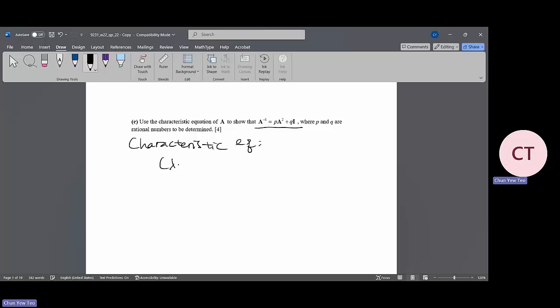Your lambda 1 is negative 1. Your lambda 2 is negative 4. Your lambda 3 is 5. Multiply all together, you get 0. So expand them. If you expand them carefully, so over here, I just directly expand for you. Then you get this. So according to Cayley-Hamilton theorem,